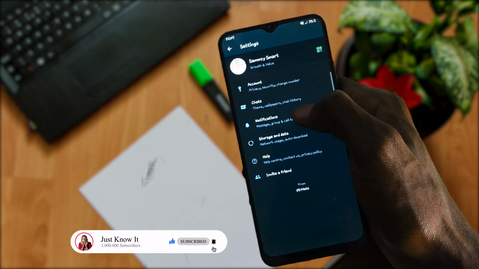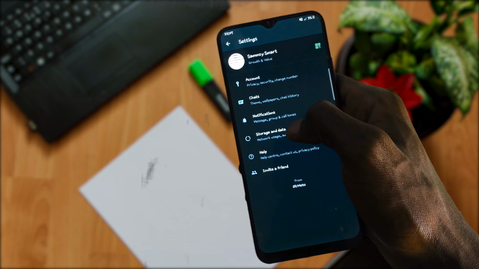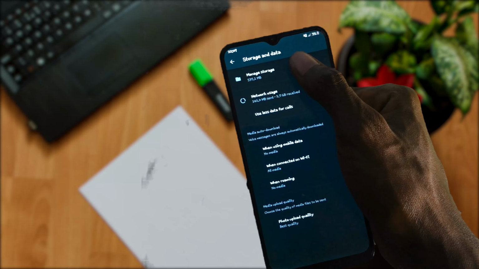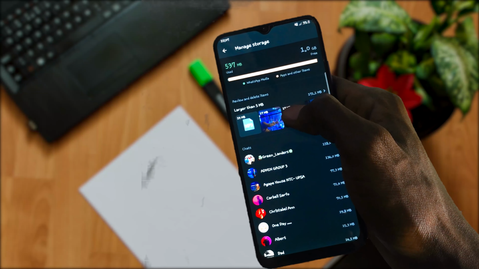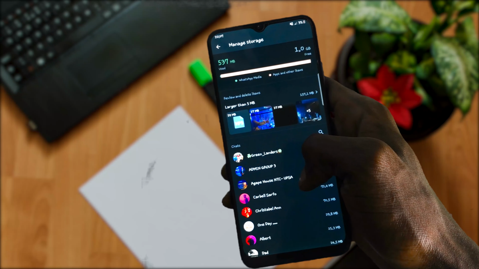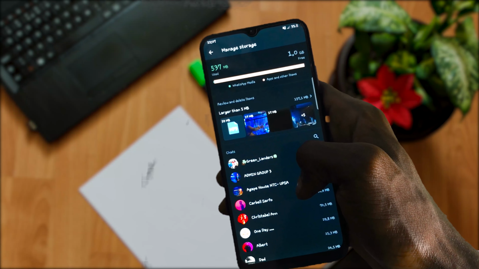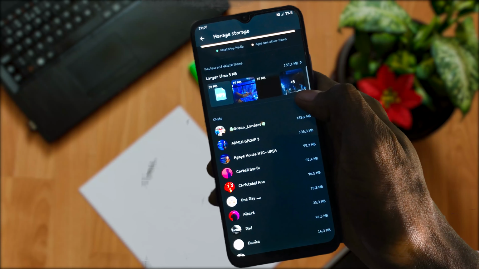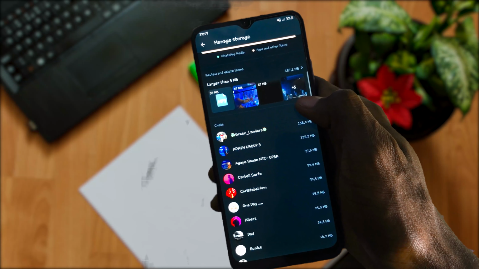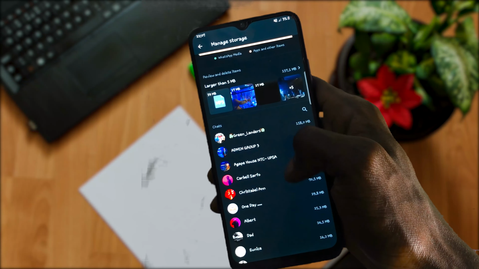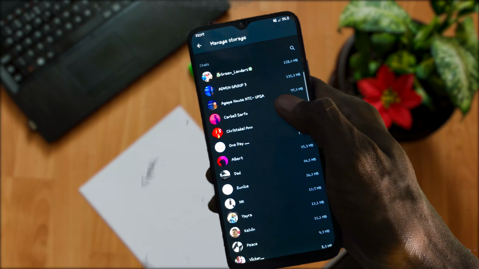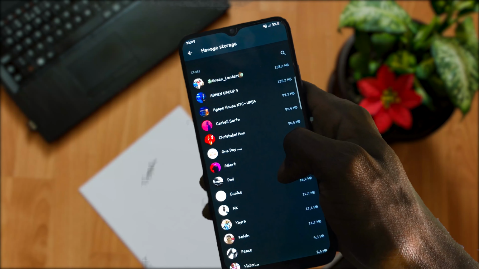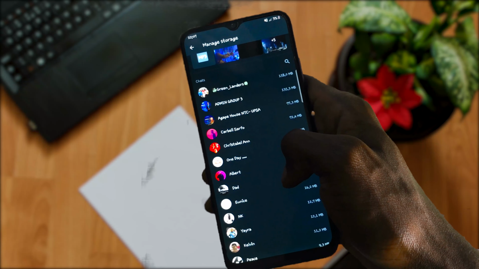Okay, now the first thing that we are going to do is to make sure that we save our phone some storage. So we go to manage storage here, and WhatsApp is going to show you the chats that have taken much of your data. So it's going to show up in that order. If you look at Greenlanders, this particular group, I have 158 megabytes. Now you are seeing this because I installed my WhatsApp not long ago, and so that's how come you see this.